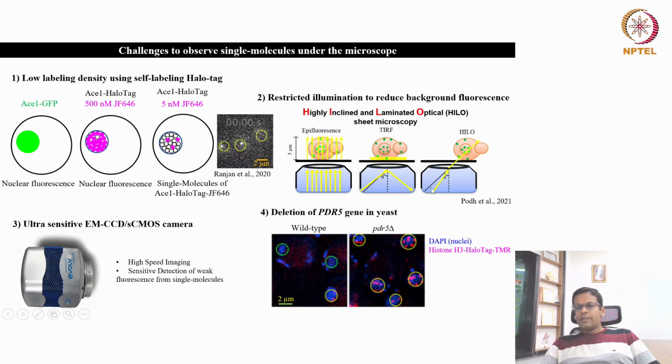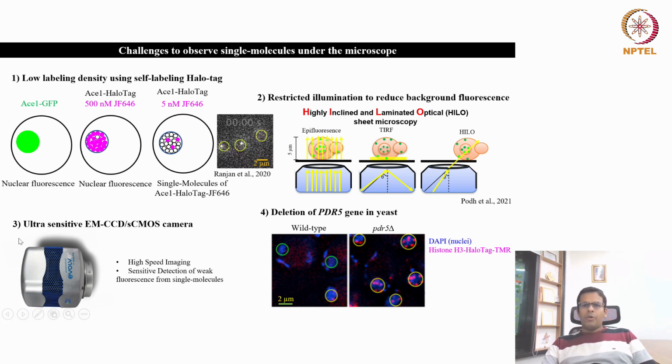So in this case, the incident light angle is kept slightly lesser than the critical angle, so that a thin sheet of light passes through the cell, including the nucleus, and it will illuminate only a few molecules in the focal plane, whereas the molecules which are above or below the focal plane will not get illuminated. Okay, so why is this HILO illumination required? HILO illumination is required to avoid out of focus light from the molecules which are above and below the focal plane. Okay,